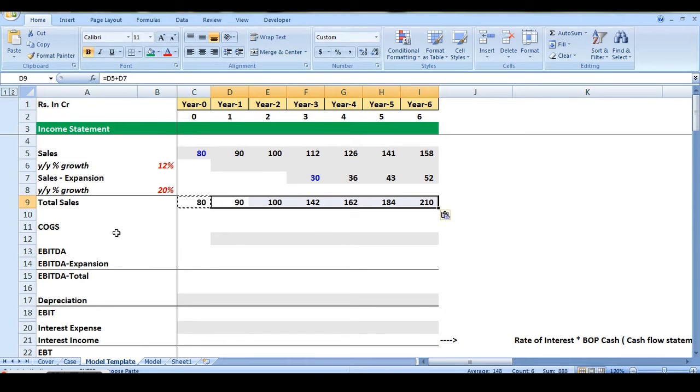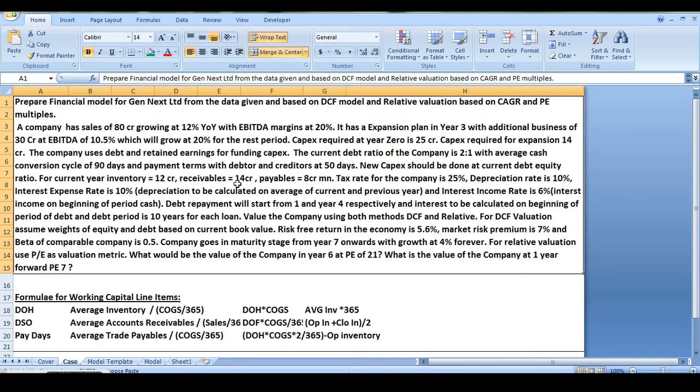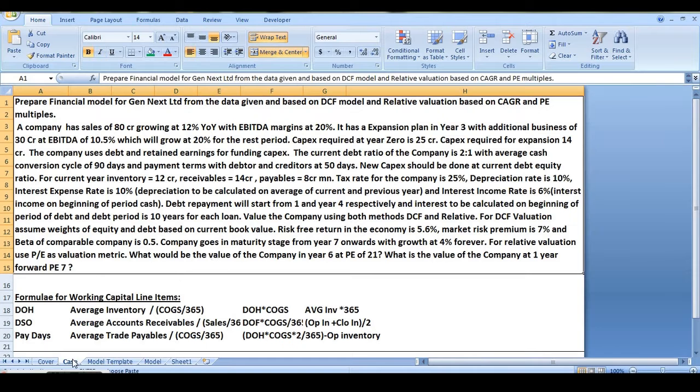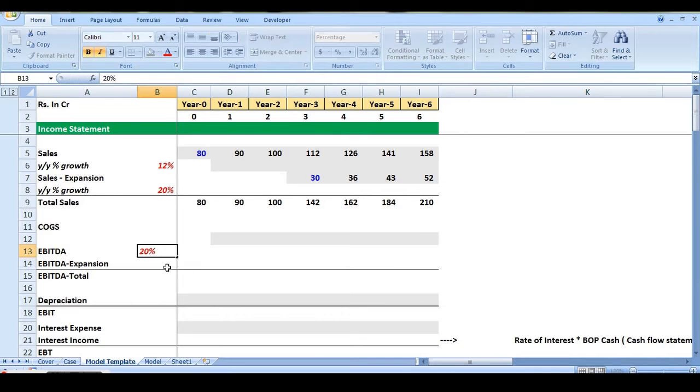Now in the given case we are given the EBITDA directly instead of the cost of goods sold. So we will do the back work here and calculate the COGS later on after calculating EBITDA. The EBITDA percentage given for regular sales is 20% and for expansion is 10.5%. So we will record those values and we will calculate the EBITDA based on the regular sales and the expansion sales separately.